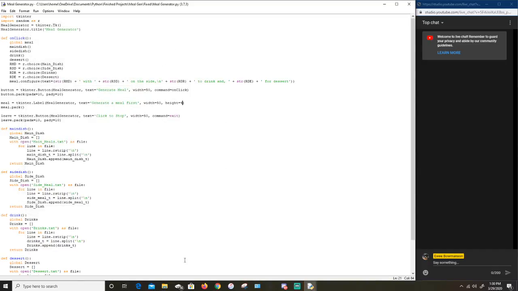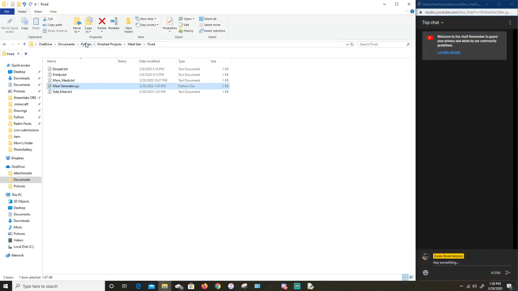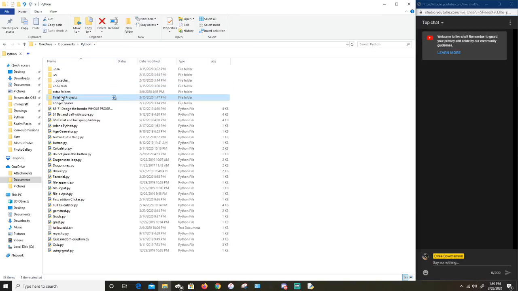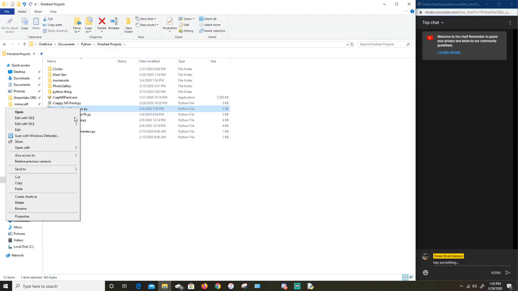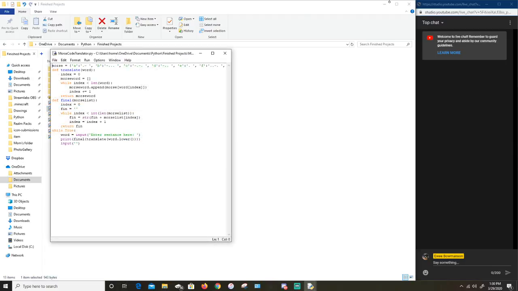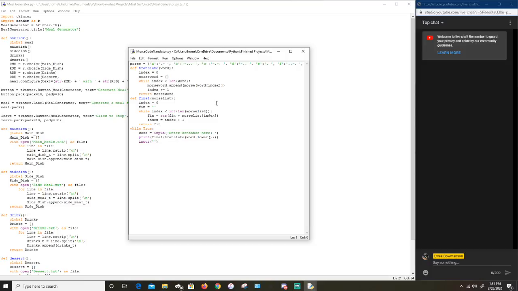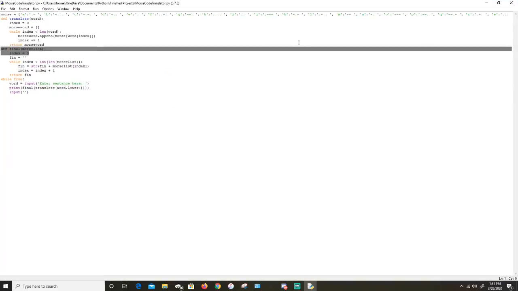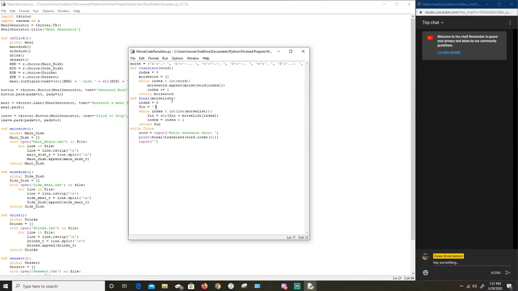So, hamburgers. Let's look at another thing that I did. So let's go to my Python finished projects. Yeah, Morse code translator. Because this I pulled from a dictionary, and I didn't have any of that. And the way I did it, okay, so let's just go out of the loop. Let's just print